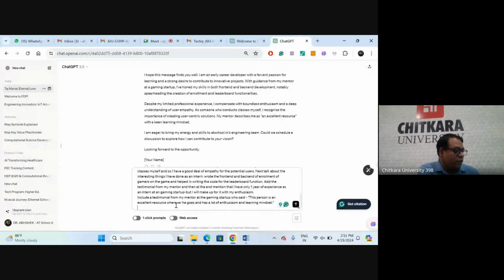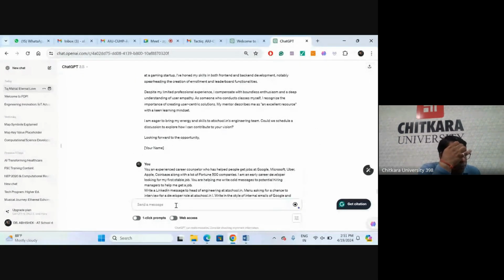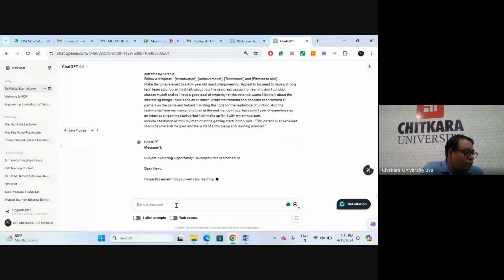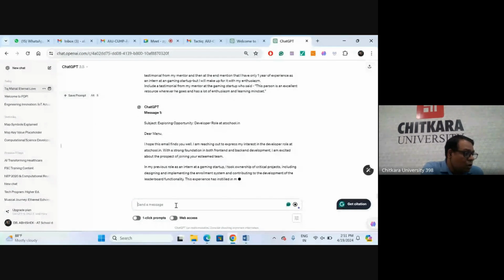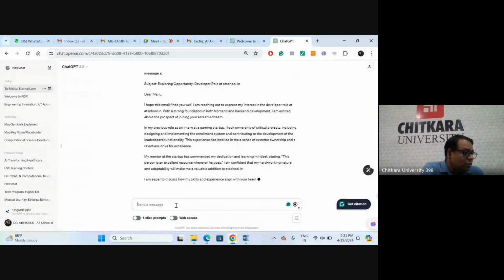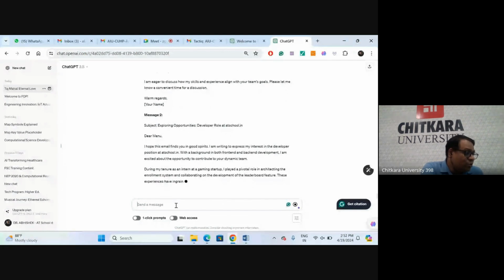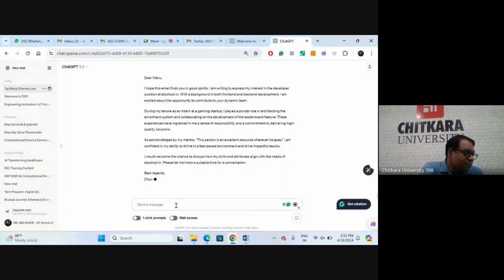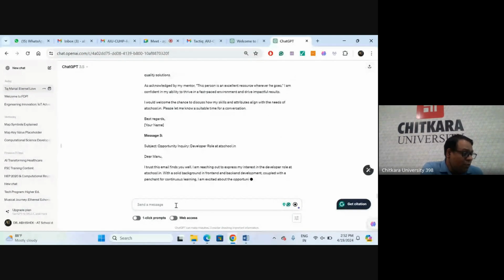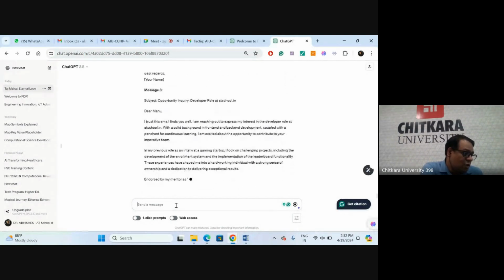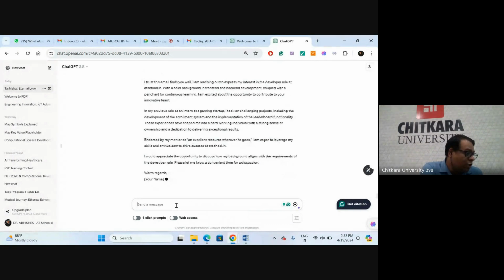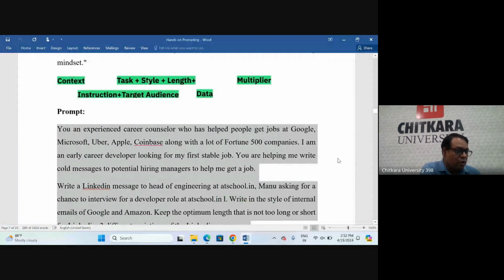So what we are doing right here, we are using the same prompt, and now you will find this mail. According to the template, it will provide, and we have given the three formats. So you can check message 1, message 2, and message 3 also. In 3 variations, you will get this message, and you read it, and accordingly you can post these messages on LinkedIn, Facebook, or any other platform. Okay, so after this,